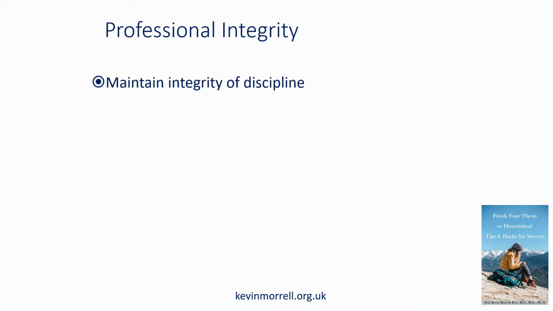In terms of professional integrity, one of the things you need to do is maintain the integrity of your discipline. So when you're carrying out research, you're in a sense representing other people in that discipline, and for that reason there's this idea of spoiling the field. For a lot of people, if you're carrying out research, you'll be the only representative of the academic community that they come across, and so their perceptions of what academic research involves may be dependent almost exclusively on your conduct. So you don't want to spoil the field, you don't want to make people feel uncomfortable or not informed, because it jeopardizes the discipline as a whole.